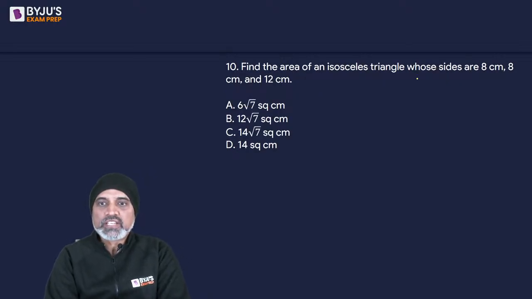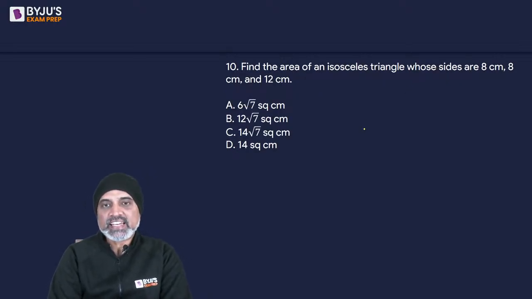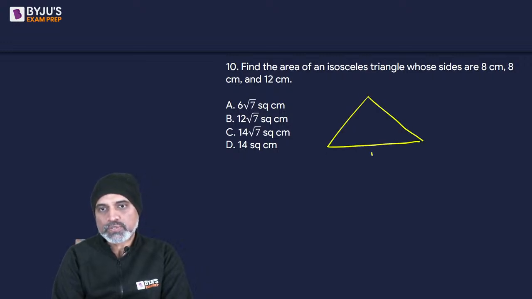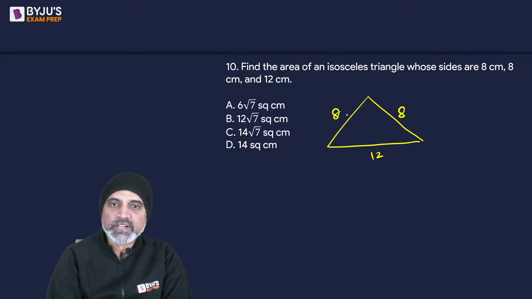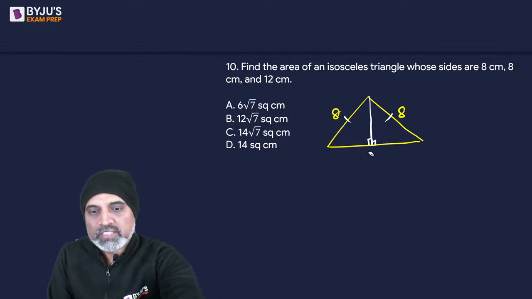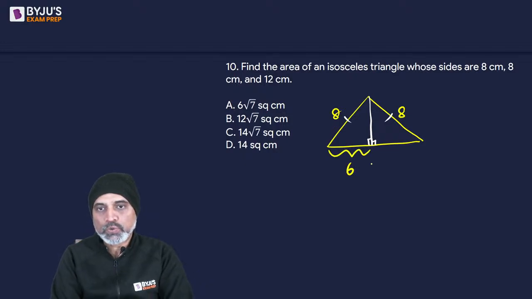Find the area of an isosceles triangle whose sides are 8, 8 and 12. So this is 8, this is 8 and this one is 12. Since this is an isosceles triangle, what we can do is drop a perpendicular. When we drop the perpendicular, this 12 will break down into two equal parts, because this is a right angle